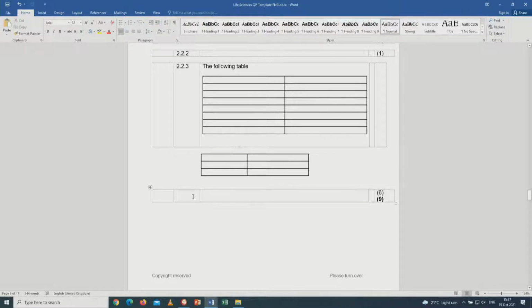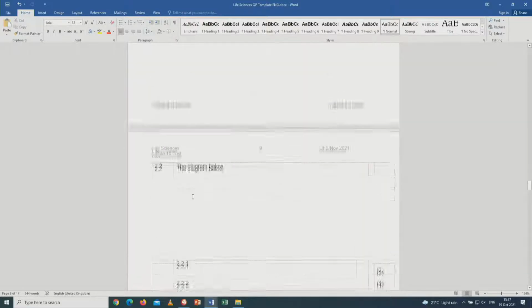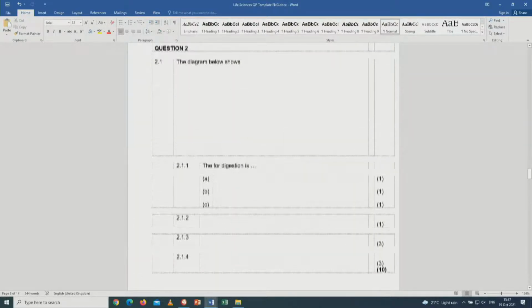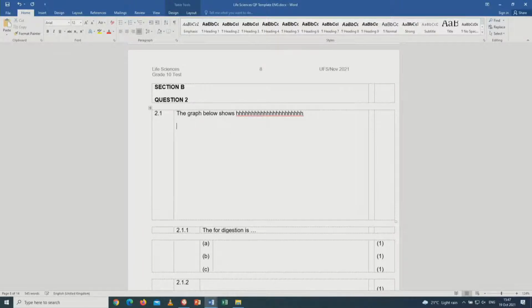Let's now go to graphs, which is a bit more difficult. Let's go to question 1. I want a graph. The graph below shows what? Something that you're going to type there. Now, what is this graph going to show? The easiest way for me to insert a graph